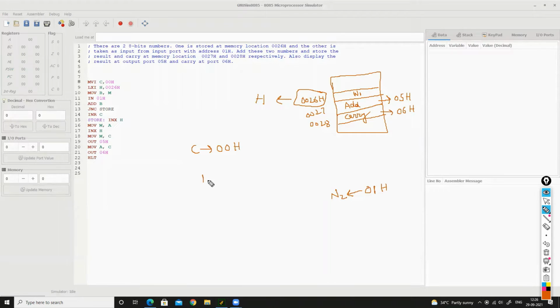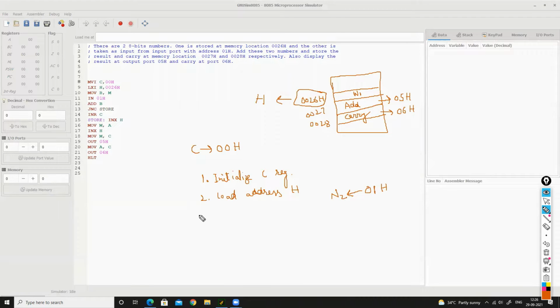So the first is initialize C register. Okay. Then second is load address in HL register pair. And what is this address? This address is the address of first number.